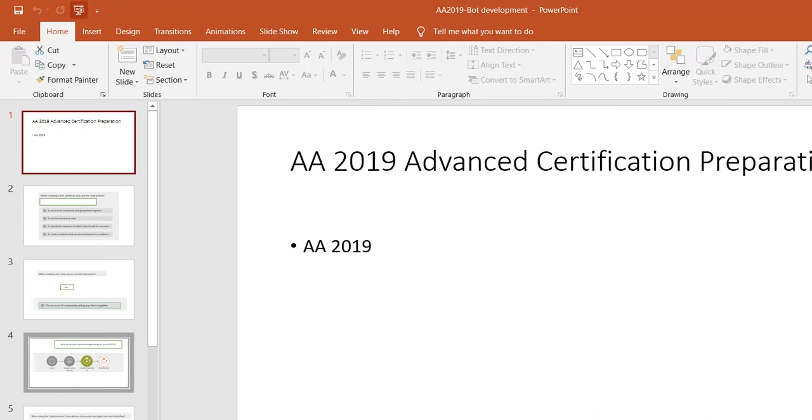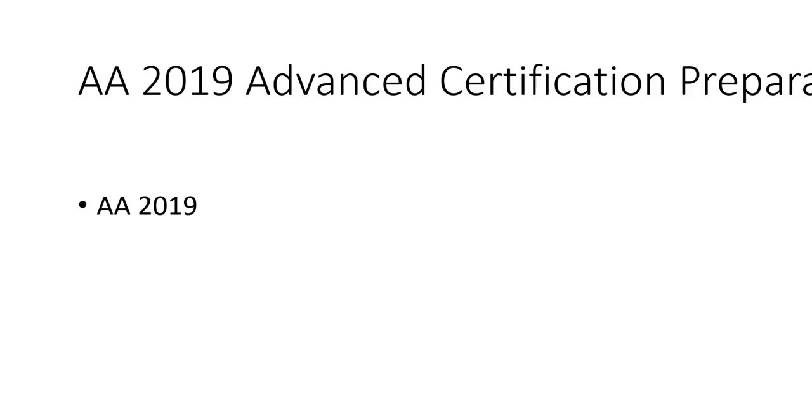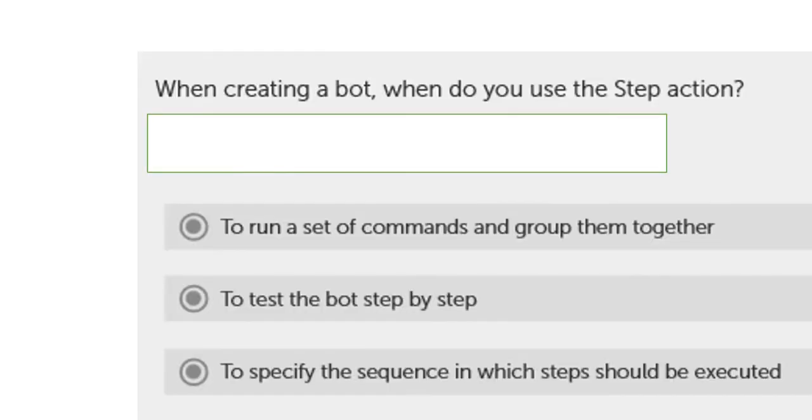In this video we are going to talk about AA 2019 certification preparation questions and answers. Actually, AA 2019 is completely cloud based and completely JSON format compared to the AA 11 version. So when we want to migrate from A11 to 2019, it moves from ATMX to JSON formats. So the control room is completely different.